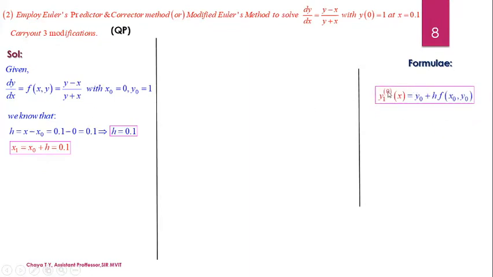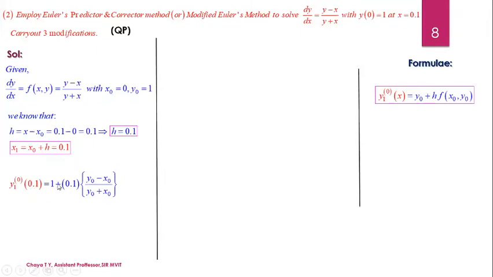What is the Euler's formula or Euler's method? It is of the kind y1 of 0 at the point x is equals to y naught plus h into f of x naught y naught, means the value of y1 in the 0th approximation. So I have to substitute for the RHS and also the value of x in the LHS. So when I do the same, the value of y1 with the 0th modification or in the initial step at the point